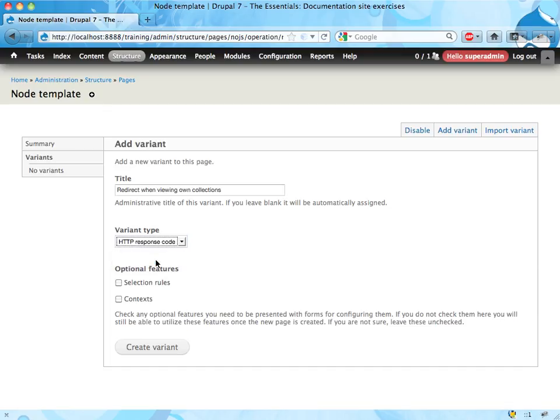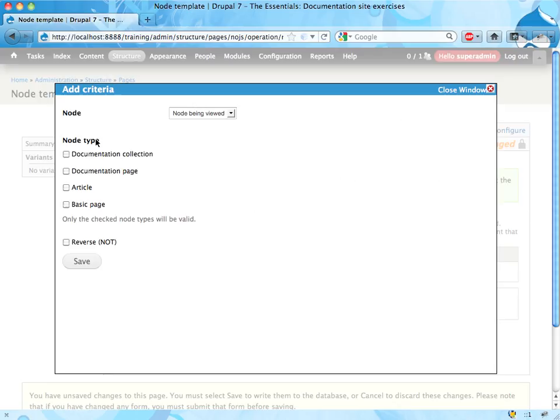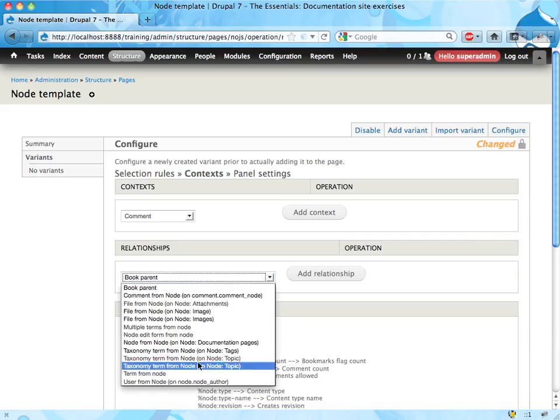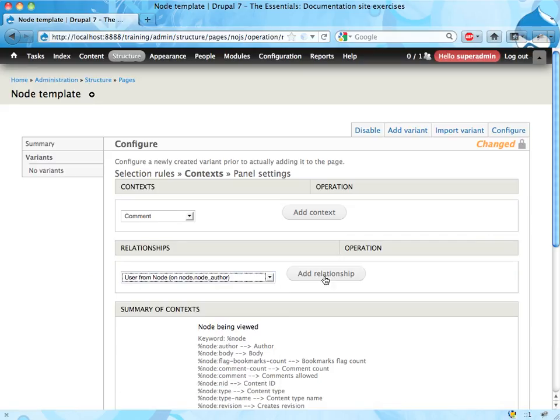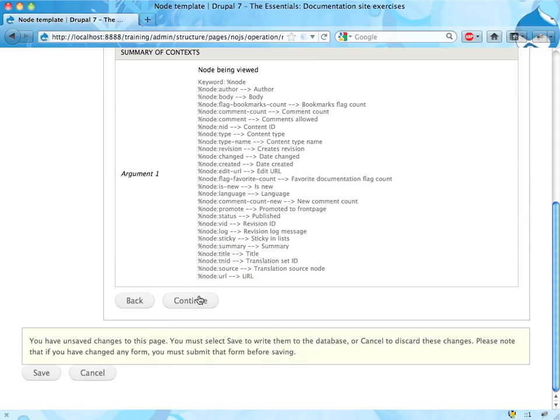And that'll be an HTTP response code, and I will need both selection rules and contexts. Again, I have to add the type only right now. Node being viewed should be a collection because I have not yet configured the contexts. That is what I'm doing now, the user from node, and the field. Well, the machine name here hints that this is the author. Collection author, finish, continue,